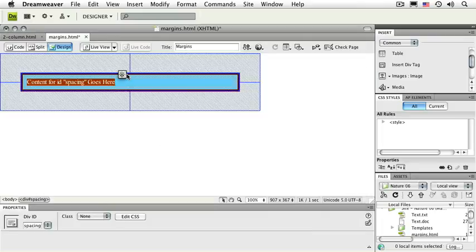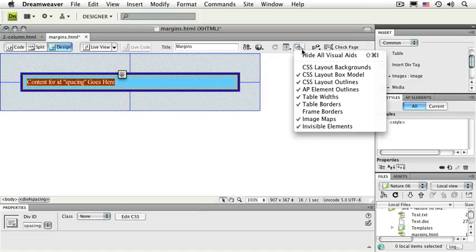Notice that Dreamweaver gives you some very nice visual imagery to show you the margins around this, the 50 pixels of margin space, and the padding inside, that 10 pixels of padding that's inside the div tag. By the way, if you don't see these, it's possible you've hidden all of your visual aids. Just make sure you have the visual aids turned on, and these should become immediately visible as soon as you